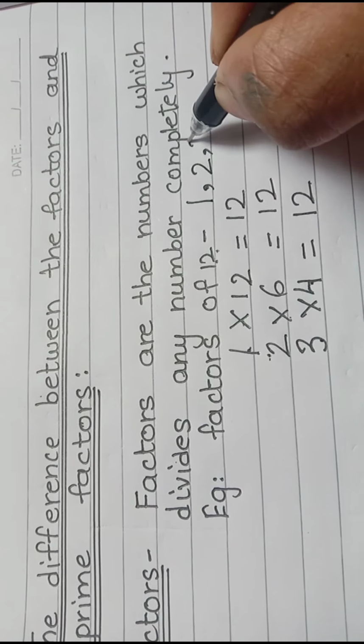Now tell me prime numbers. Prime numbers are 2, 3, 5, 7, 11, 13, 17. These numbers don't go in any other table apart from their own table. Okay. Now factors are only prime numbers. Now let's see prime factors of 12. We will use the division method here. 12. Now we will write only prime numbers here.